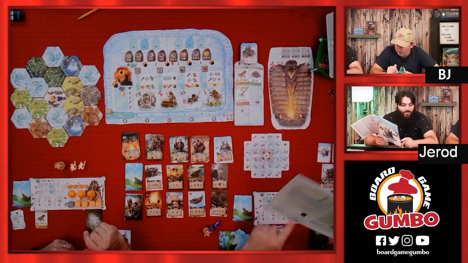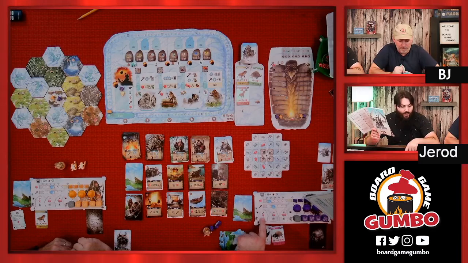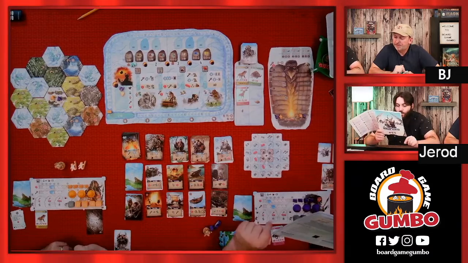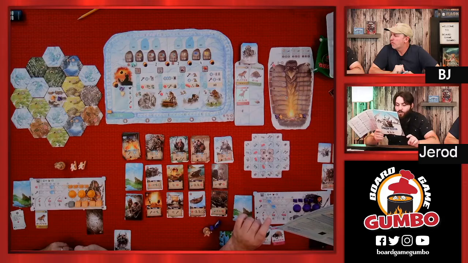Then you have the middle section, which says you can pay a food and then the number of tools required, based on which stone you're placing, to take one of the sacred stones and play into your thing. You're limited to 3 sacred stones, and you'll immediately gain the benefit